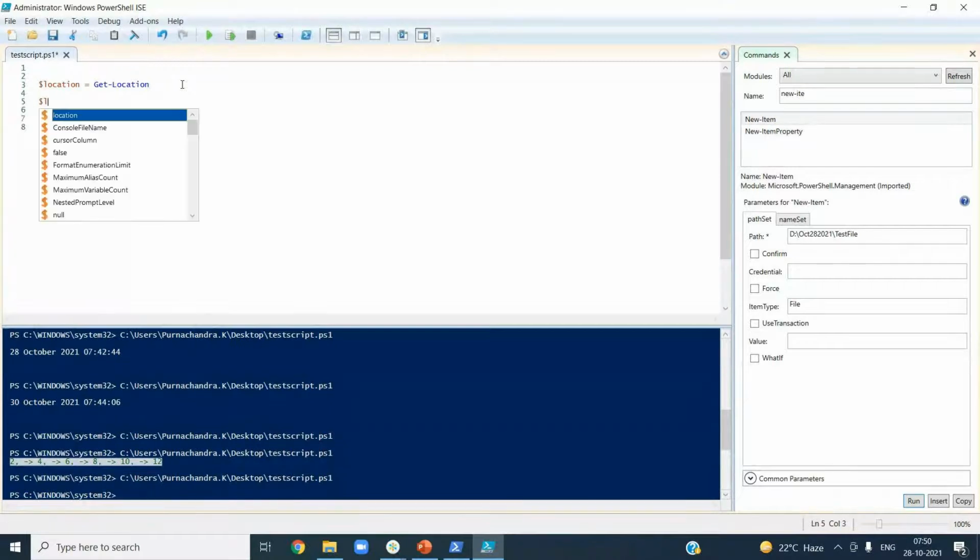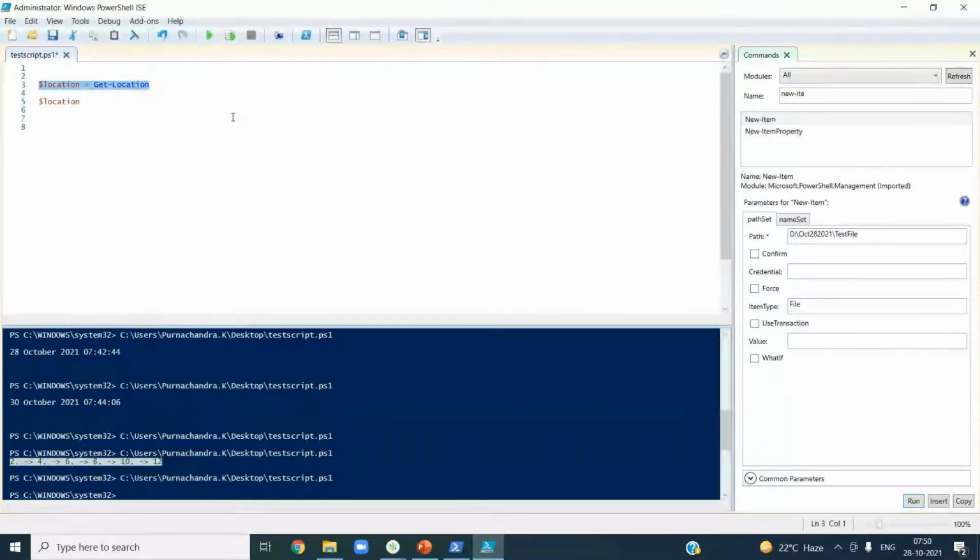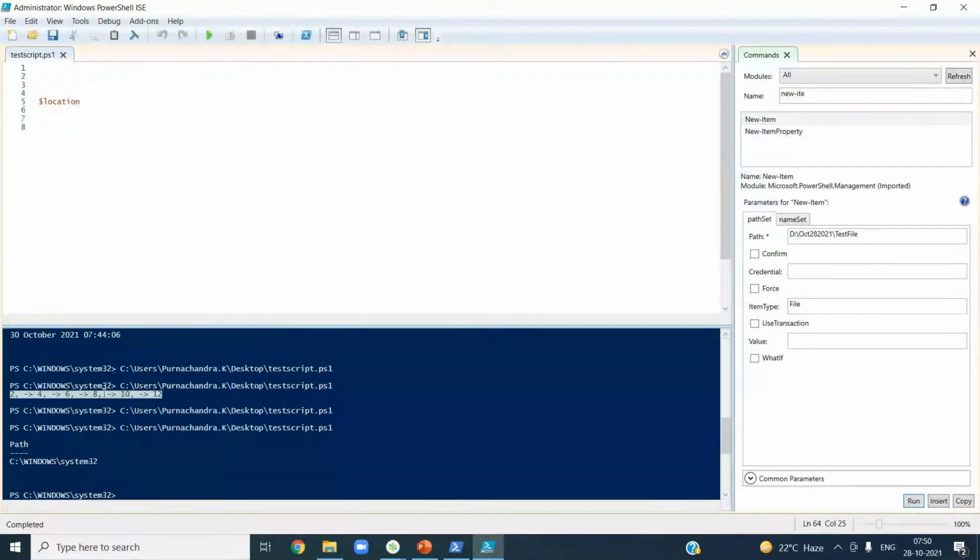again, the variable like this. Let me delete this one now. Okay, execute this. Now you see the bottom, you see what it contains, the location basically, the location where I started executing this command. So that's what it printed here basically. That means you can use the value of this dollar location.